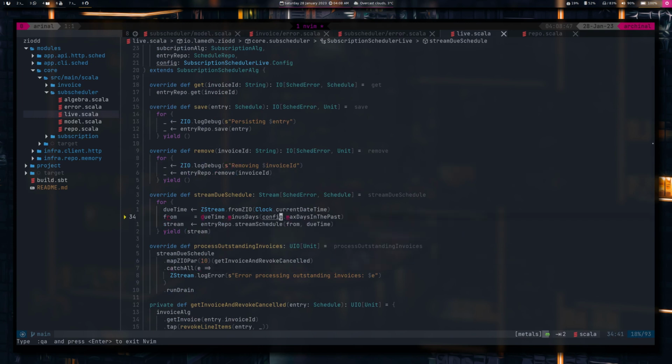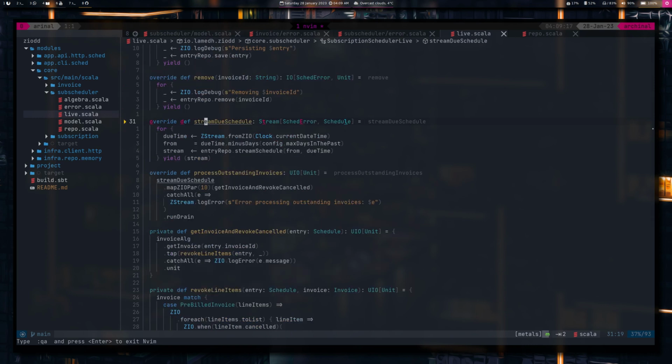So again, we have from, and then this is now, and then we can just ask our entry repo, because we have discussed before that we can just ask stream schedule from and to from the repo, and then we can get a stream from the repository, and then we can just return the stream. So it's pretty much handy, pretty much easy from the algebra perspective, because all the hard work is located inside